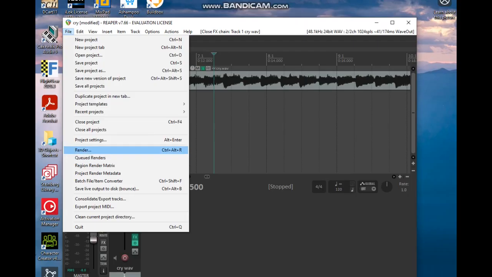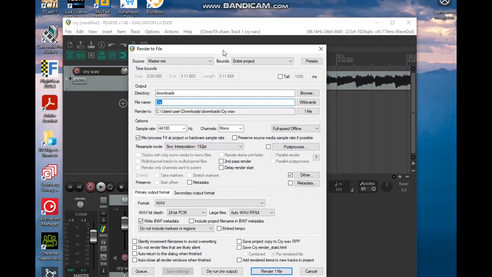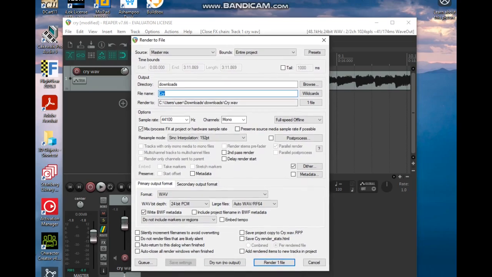You're going to go down to render. And whatever directory you want, downloads, file name, mono, dither. Yeah, make sure you check your dither, because that's the final step, where you put in white noise over the file, and you're going to go render.